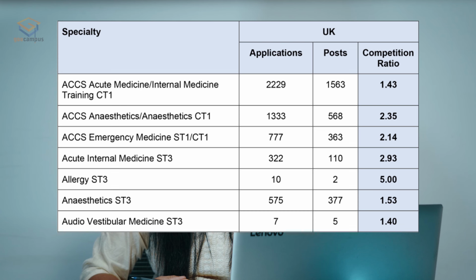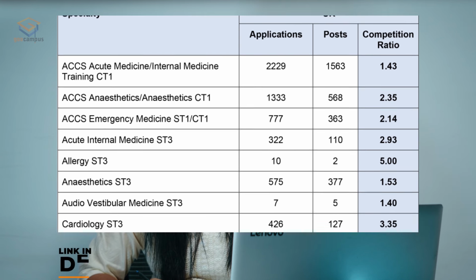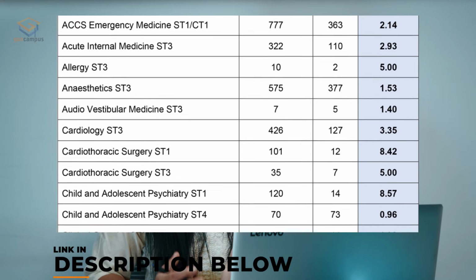So you can see on your screens very clearly the competition ratio has been put up, where you can see the number of applications and the number of posts available. The first one, as you can see, is internal medicine. The number of posts available is 1,563 and the number of applications was around 2,229. Like that, you can see for each specialty how many posts were available and how many applications came in